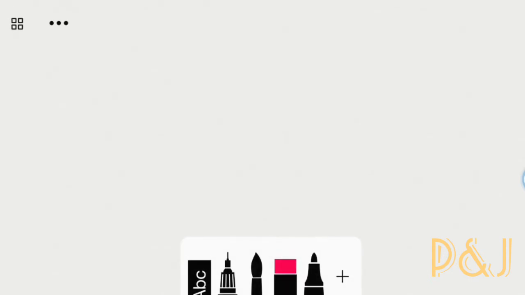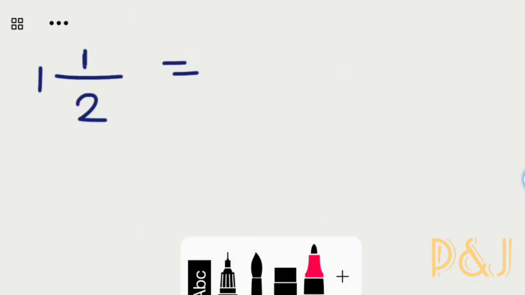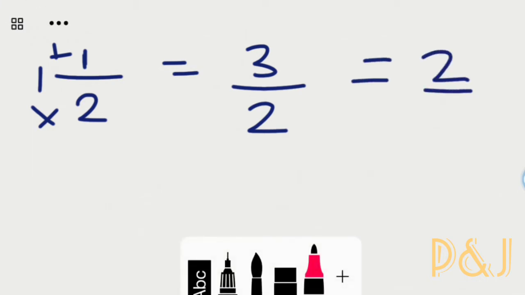Now it's very easy to take out reciprocals in the form of fractions, but in mixed fractions, what will you do? So let's see. If we have this mixed fraction, 1 whole number 1 upon 2, we'll convert it into an improper fraction. So 2 ones are 2 and 2 plus 1 is 3. So it will be equal to 3 upon 2, and the reciprocal of 3 upon 2 is 2 upon 3. It's very easy. If a mixed fraction is given, you will simply convert it into an improper fraction and then give the reciprocal of that particular number.